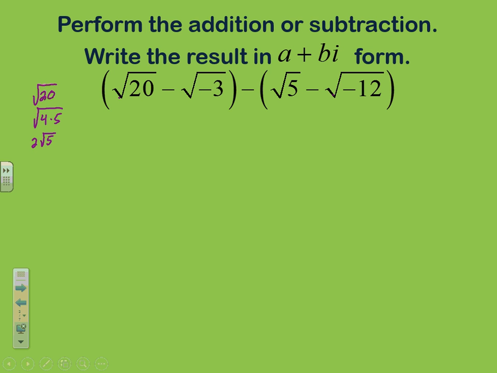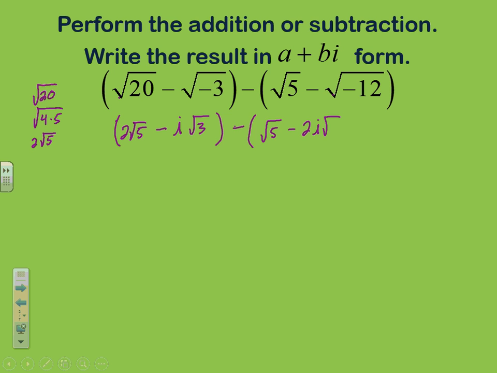So what we're going to do is inside of the parentheses, we're going to simplify it. So square root of 20 becomes 2 square root of 5. The square root of negative 3, while it doesn't have any perfect square factors, it does have a negative 1 that can be taken out. So that would give me i square root of 3. And in the second set of parentheses, the square root of 5 doesn't simplify at all, but the square root of negative 12 would simplify to be